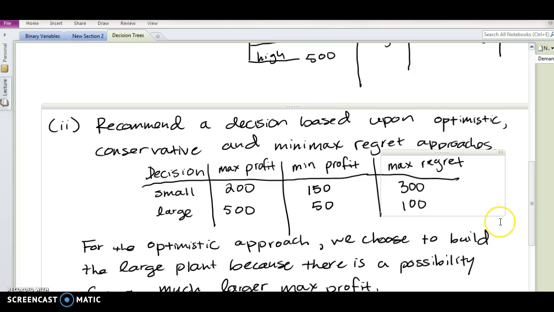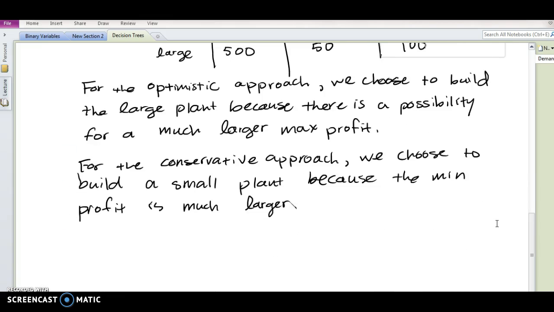So we actually want the one with the smaller regret. So for the Minimax Regret approach, we again choose to build the large